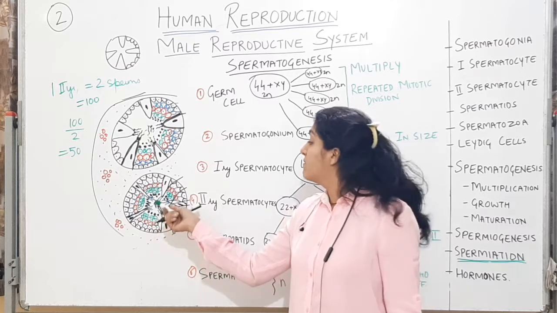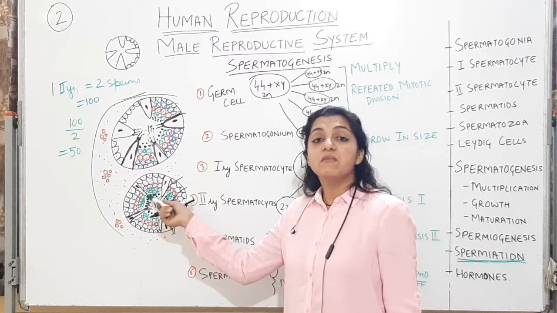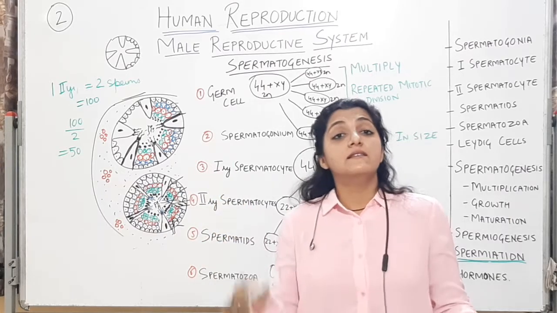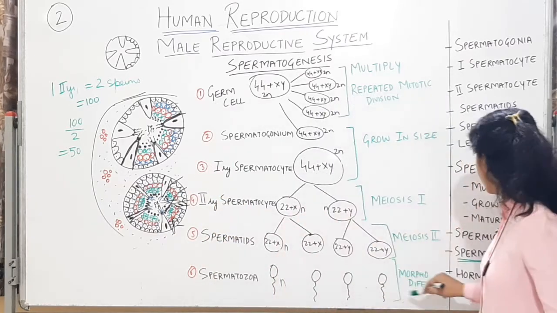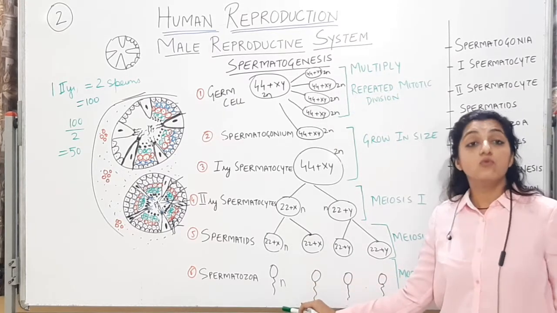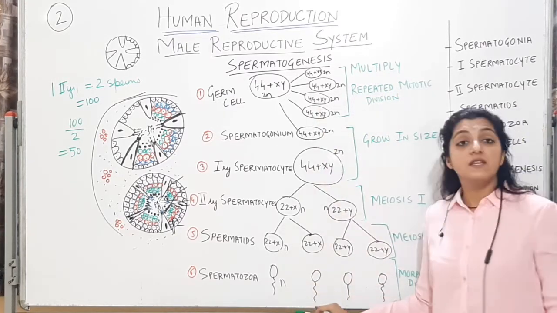After they are fully developed, they will come to the lumen. They will be free in the lumen. From here, they can be released further into the testes. This process is called spermiation. This flowchart I want all of you to do it right now in your notebook and see if you can